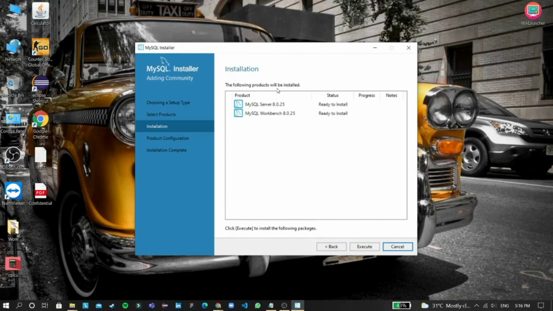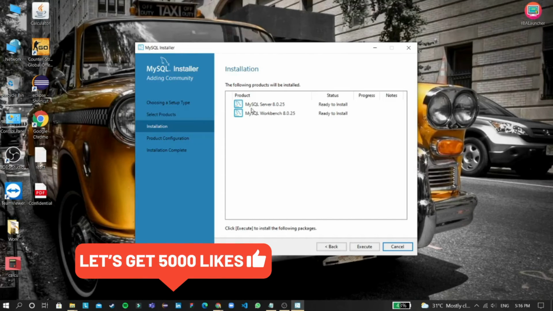See, the following products will be installed. These products are ready to install, but here you may also face some issues if you don't have Visual Studio installed. So make sure you have Visual Studio installed, or if you don't have Visual Studio, then also no problem. It will automatically configure your system and install, and then the MySQL server installation will be processed.